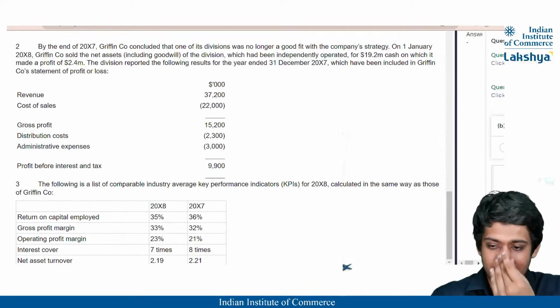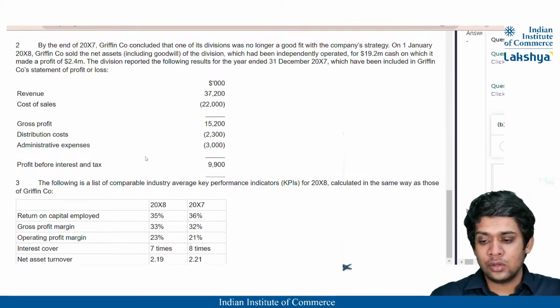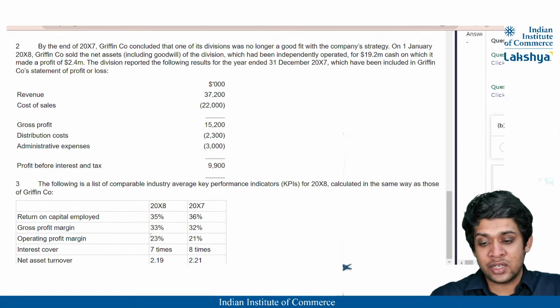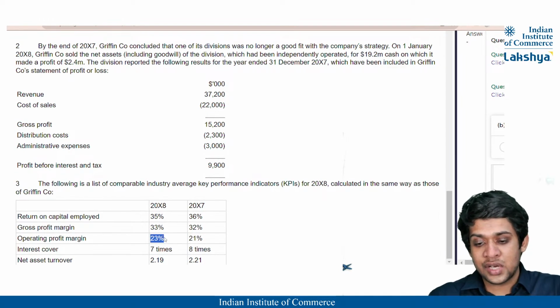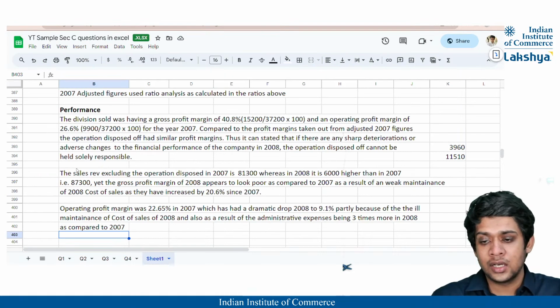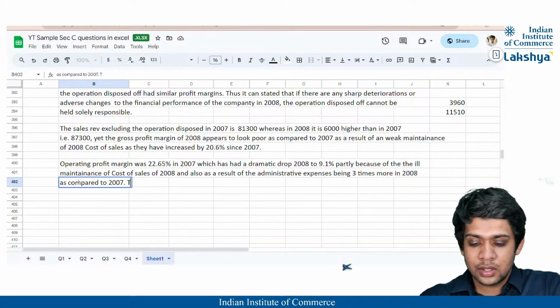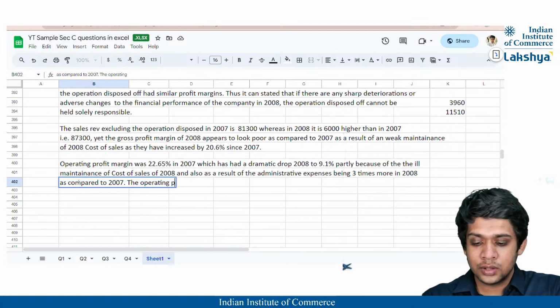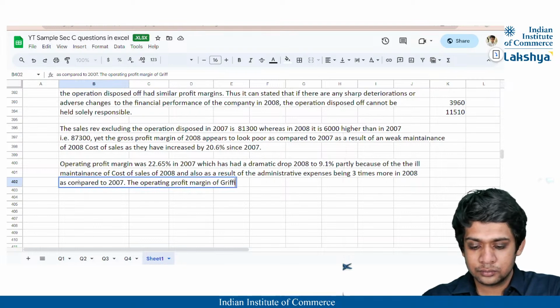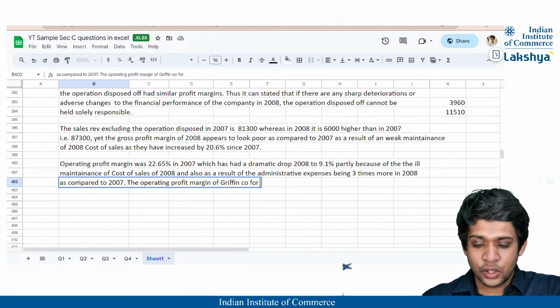Then you can also specify regarding position, right? So now you can see here, they have also given us an industry average. So use the industry average also. So industry average for operating profit margin is 23%, correct? So you can state here the operating profit margin of Griffin Company for 2007 was well above the industry average,